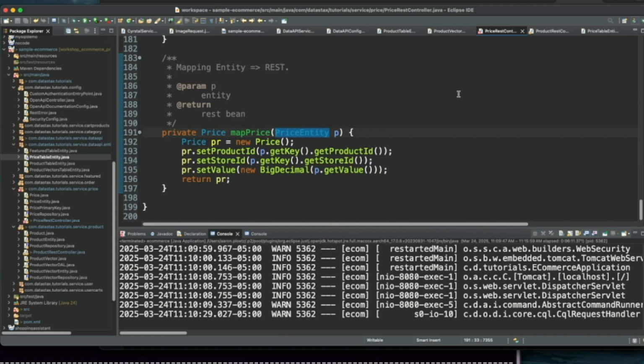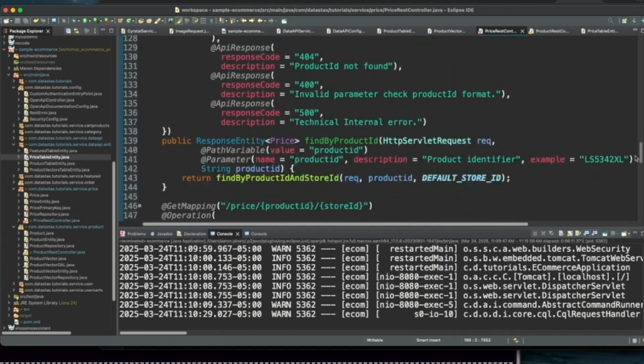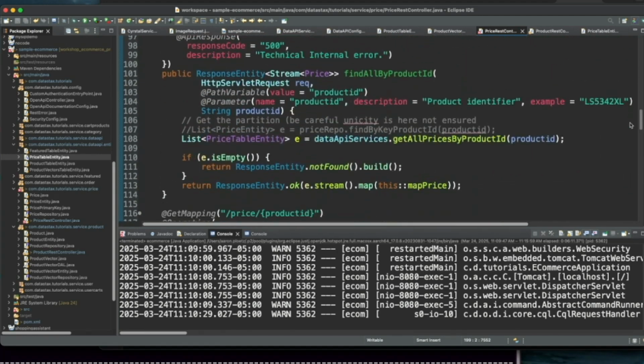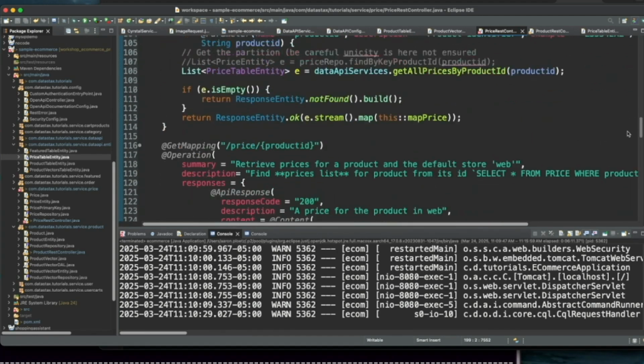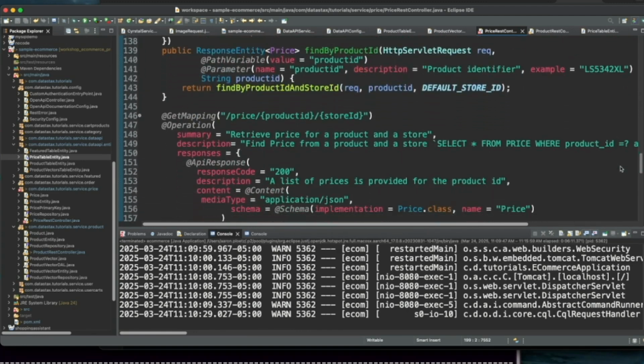So let's go ahead and say price table entity, and this is just going to be get product ID. This becomes get store ID. There. Okay, now our mapper is okay. All right, so this find all by product ID should be okay.